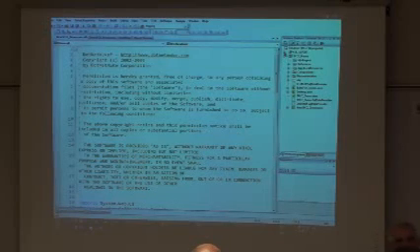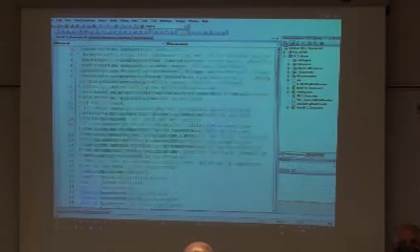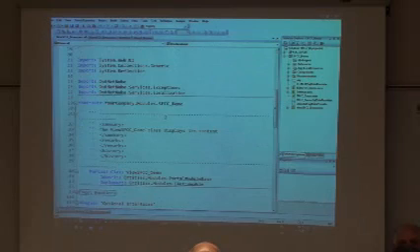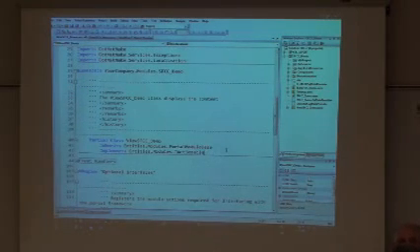I ran the wizard, and I created a module just using the add project, create, compile a module like I did before in the wrong project. And this is what was created. I want to look at the VB file here, and there's a couple of things I want us to notice. First of all, I want us to notice that it already implements the